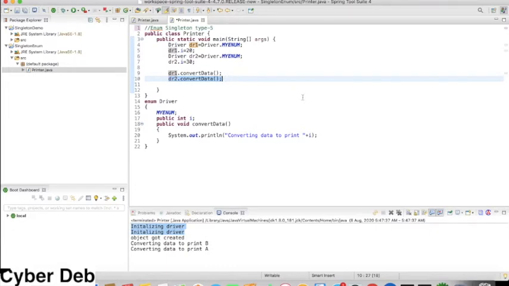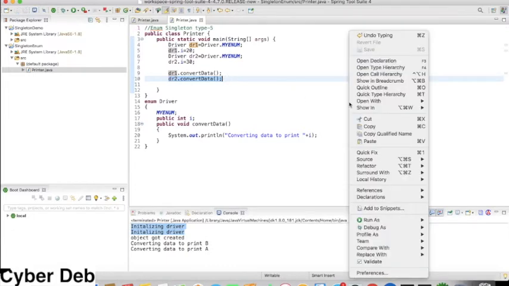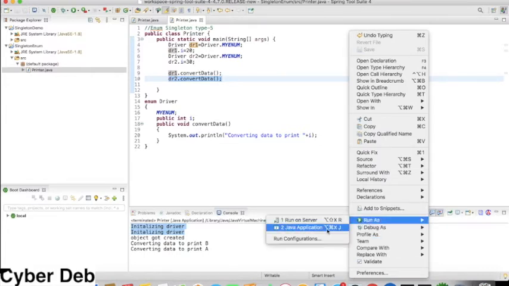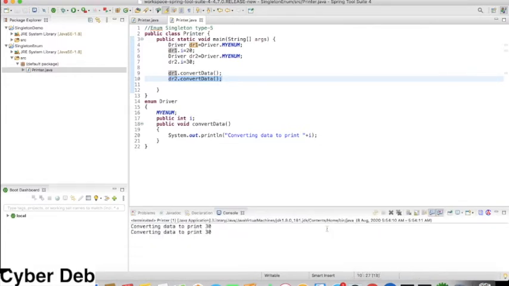But now let us see what is going to happen. If we run it, both the lines of output print 30. Why so? Now there is a single instance of Driver which is the enum type.